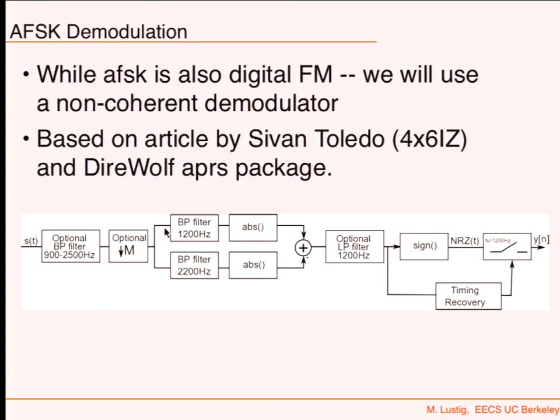Okay, so it's kind of like a match filter. Really what it is, it's got a very narrow bandpass filter at twice the bit length that is convolving at 1200 and 2200. Then you're going to take the absolute value of that. So it really gives you an envelope detection.